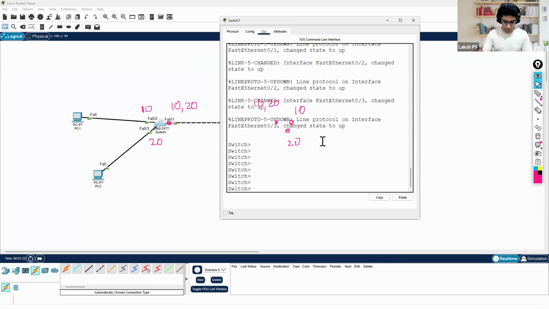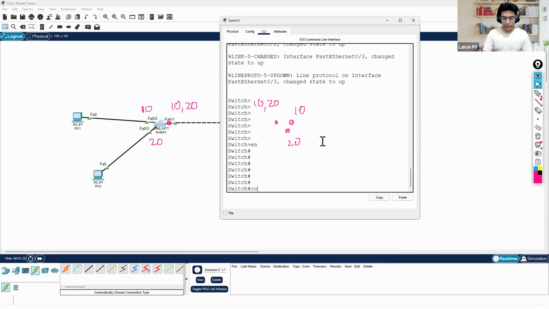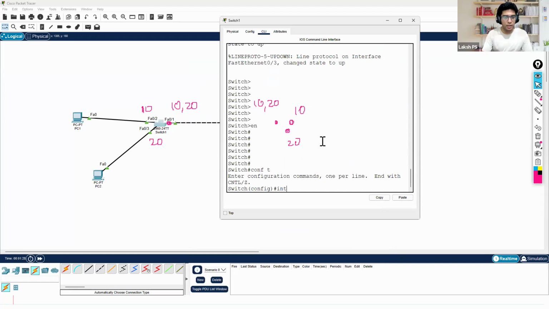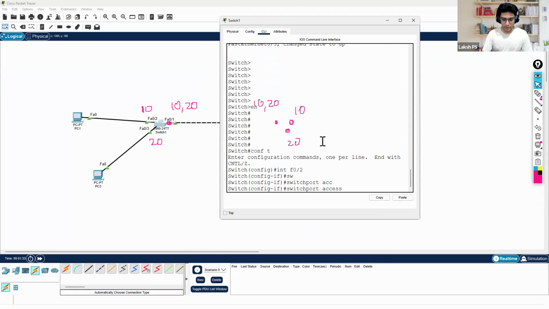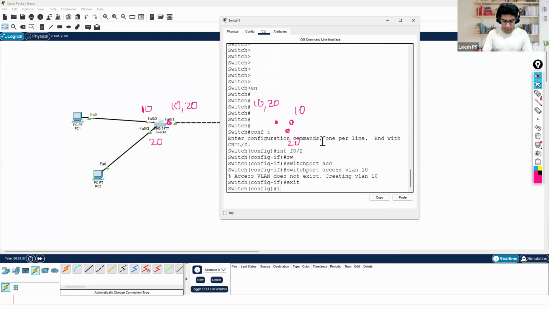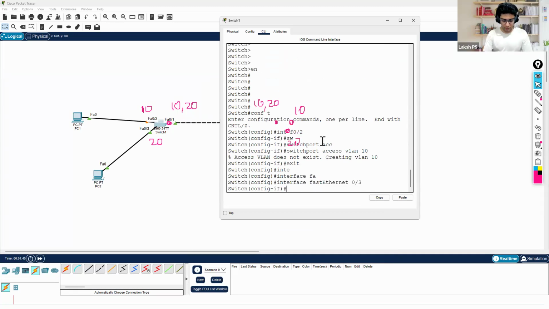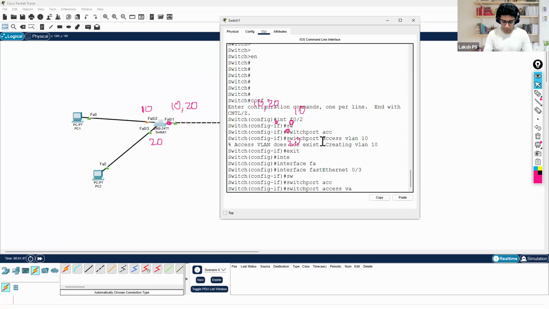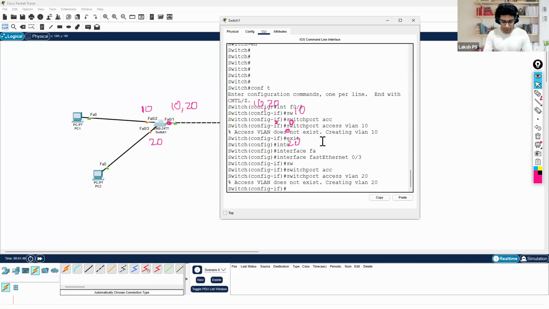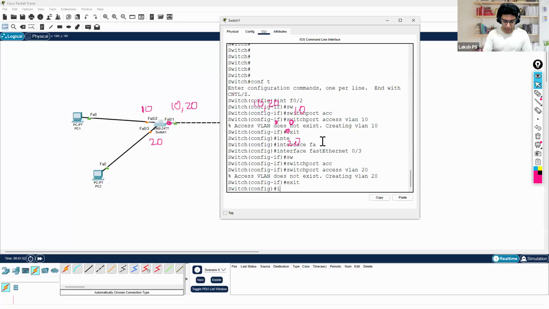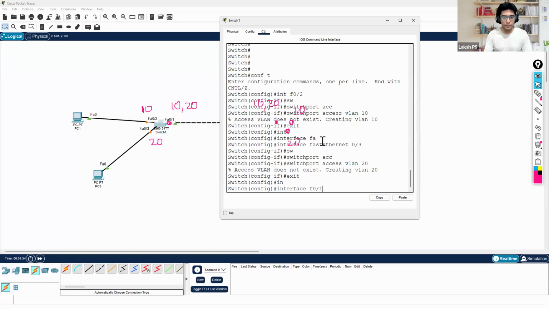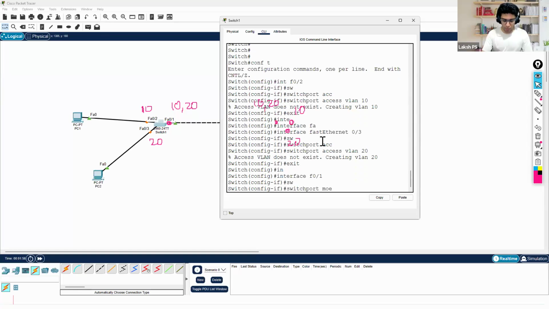So on switch number 1, enable, configure terminal, interface FastEthernet 0/2, switchport access VLAN 10. Okay. Then exit, interface FastEthernet 0/3, switchport access VLAN 20. Okay. Exit, then interface FastEthernet 0/1, switchport mode trunk,